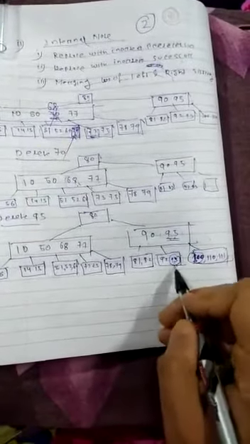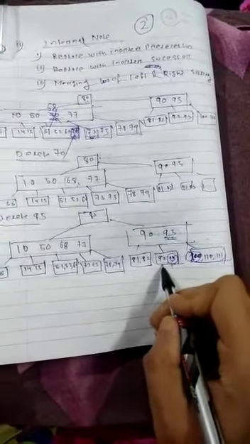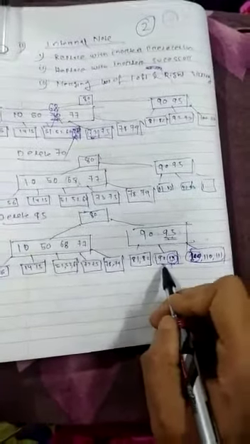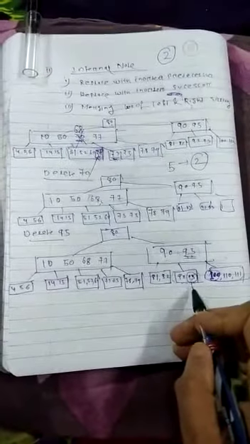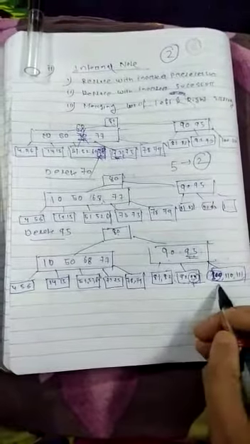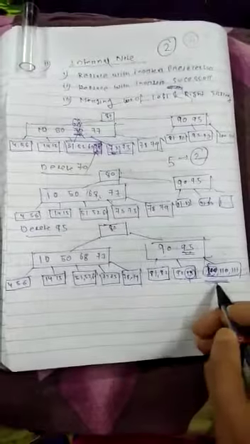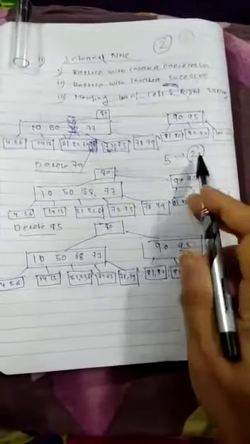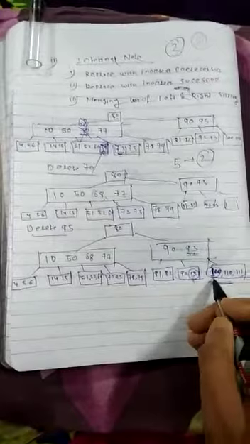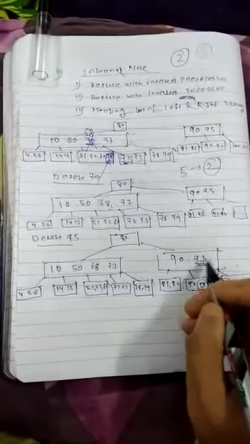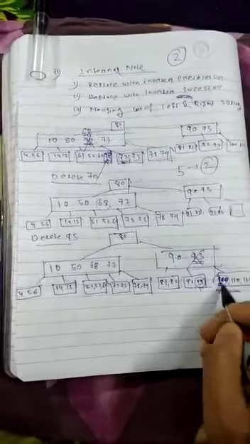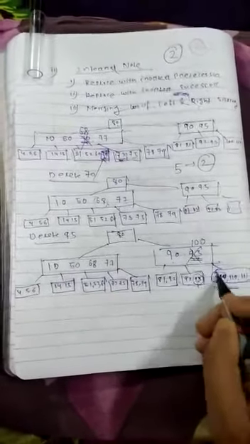No, because if you replace this, then this node contains only one key, which violates the rule of the B tree. The B tree is of order 5, so the B tree must contain a minimum of 2 keys. So it is violated, and we cannot replace with the in-order predecessor. Then we have to check: can we replace with the in-order successor? This node contains more than the minimum number of keys, because the minimum number is 2 and it contains 3, which means we replace with the in-order successor. Here 95 is deleted, then this will be replaced here, then here we have to delete it.